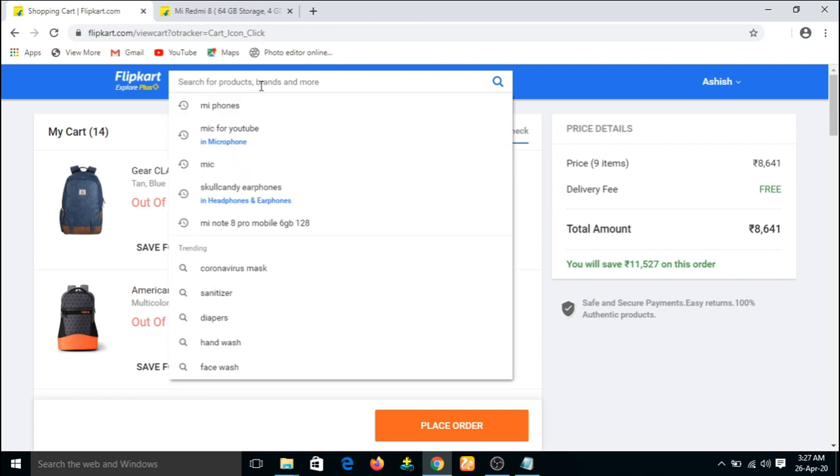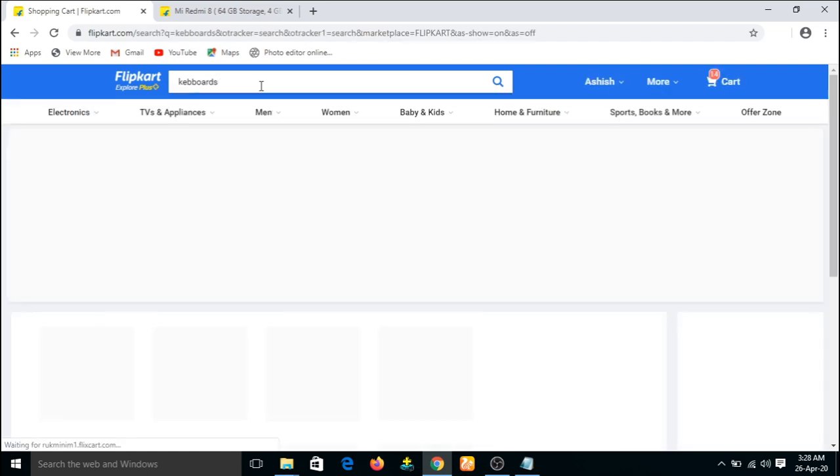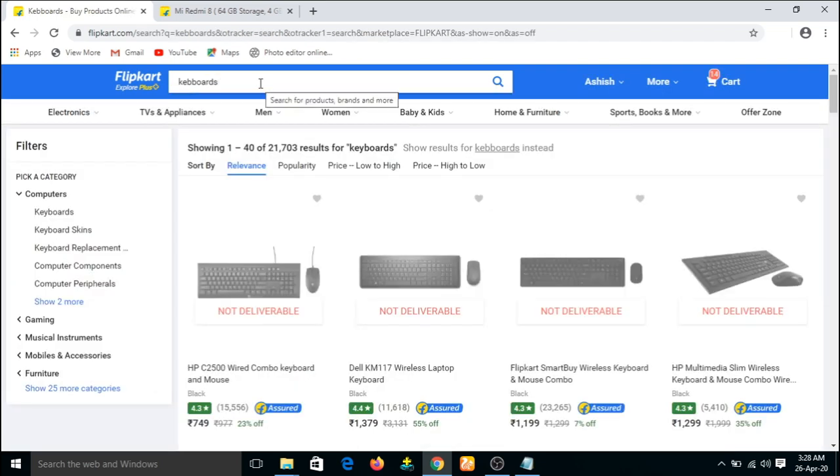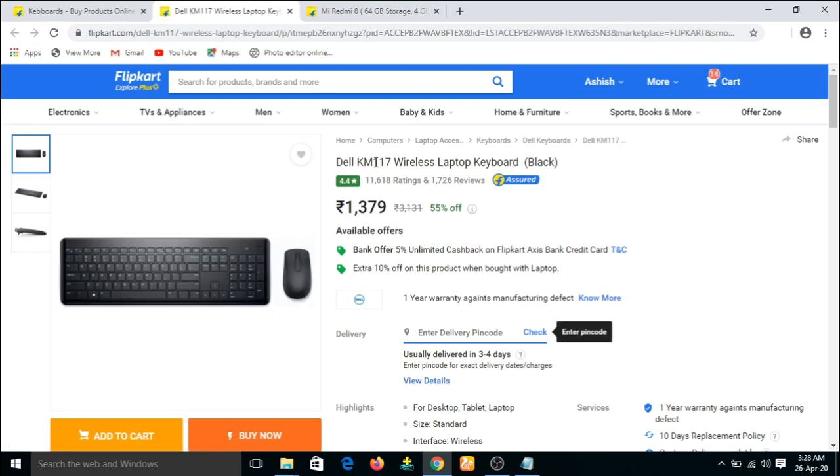Let's start with searching something like keyboards. Let's click on some product. I have clicked Dell KM17 wireless laptop keyboard.